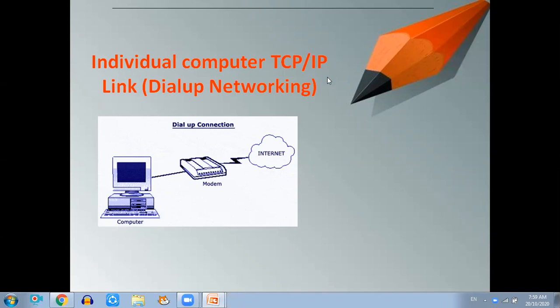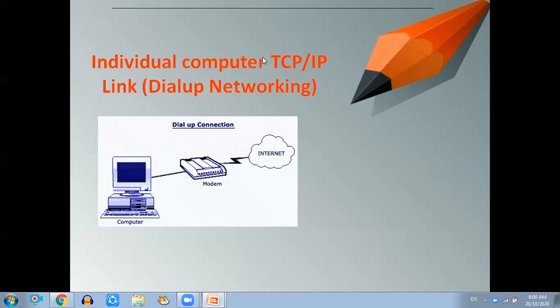If you are using an ISDN line of telephone connection, then it will be the easiest connection as well as a cheaper connection. It is good for personal use at home. If you have the ISDN connection, you can utilize a little faster speed and it is less expensive. So these are the advantages of TCP/IP.